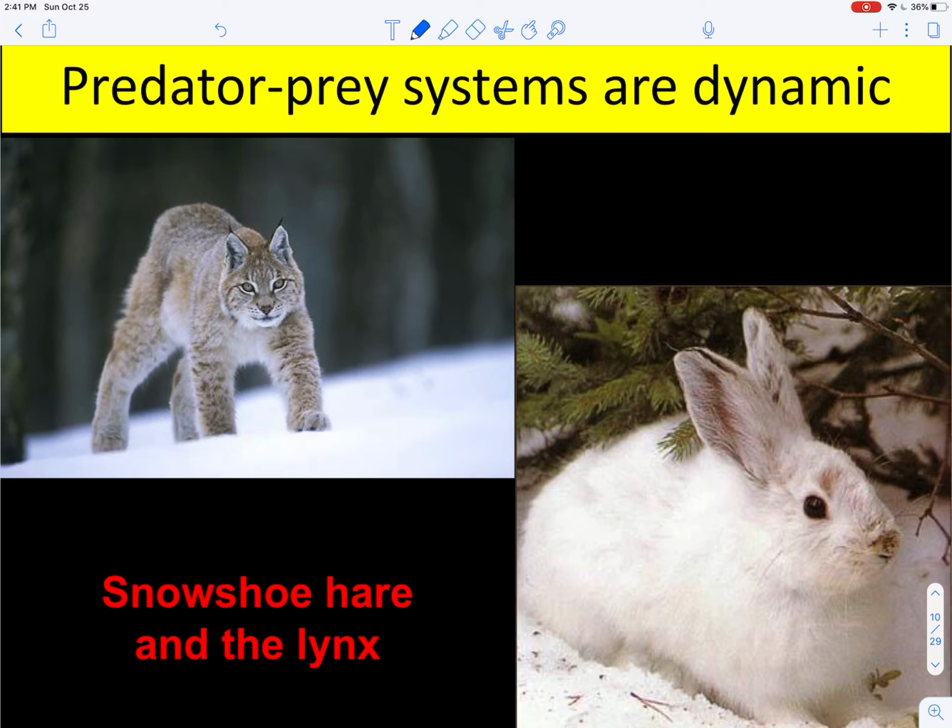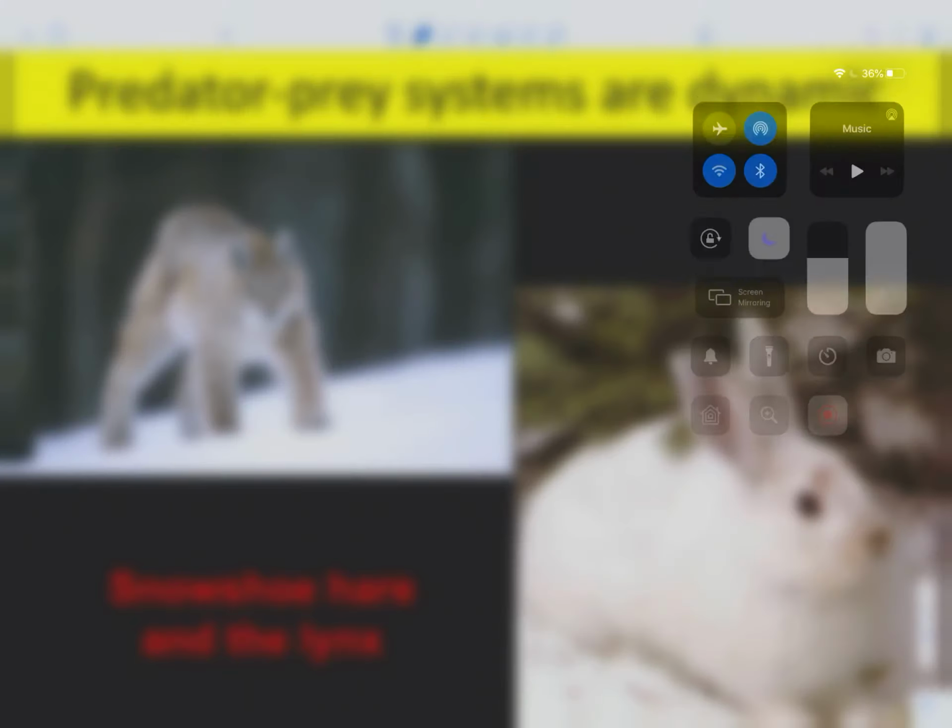So in our next unit, what we're going to do is get into predator-prey systems. And at this point, I need to pause our video, and this will be part 1 of predator-prey interactions and thinking about predation, herbivory, and parasitism and disease just in general. And the second part of the video will pick back up with this lecture slide and continue on with the rest of the lecture notes.